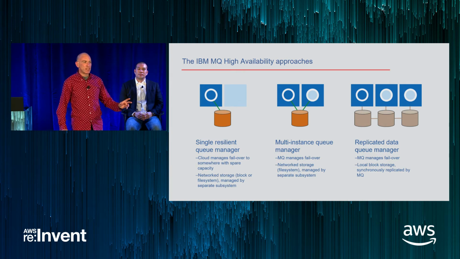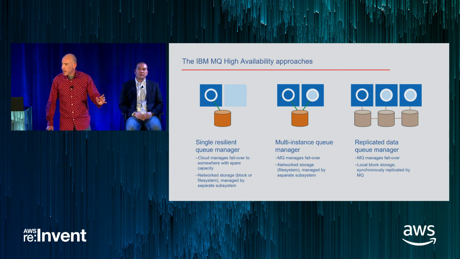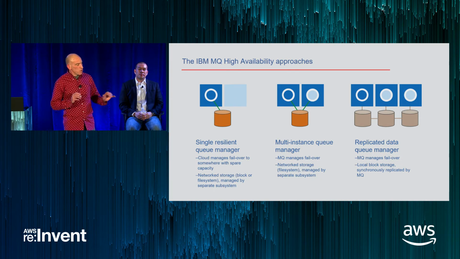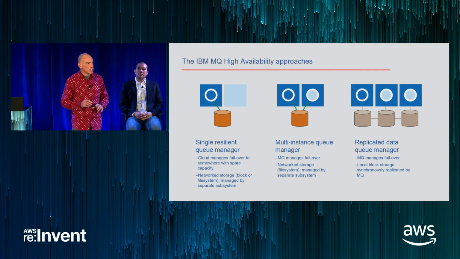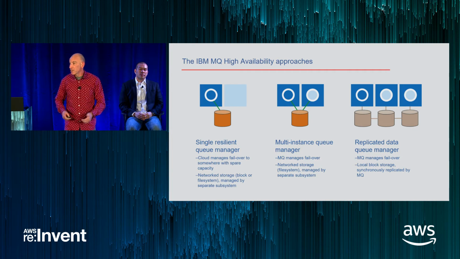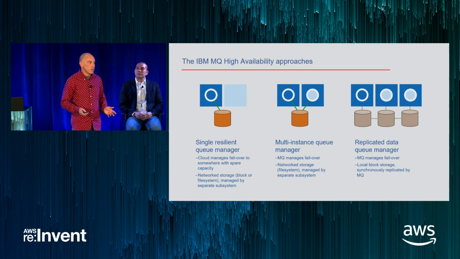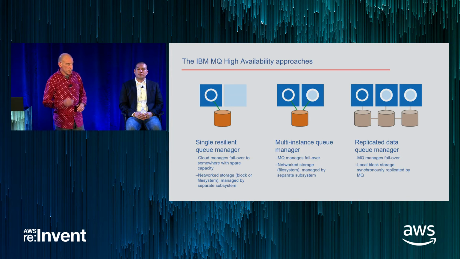In our latest release, MQ 9.0.4, that went out about a month ago, you will see that we're doing replication of local data. So that provides a third way of doing it. But all of these come at a different cost. So the left-hand side, 1 queue manager cost, the middle one 2, the third one 3. So you decide what you want to pay and what sort of availability of the service and the data that you want.